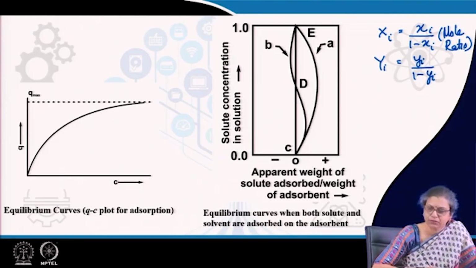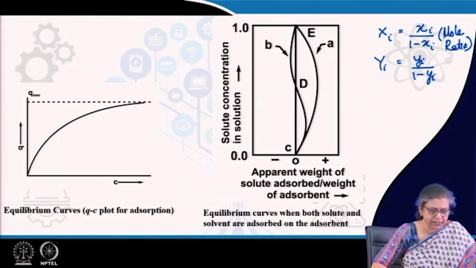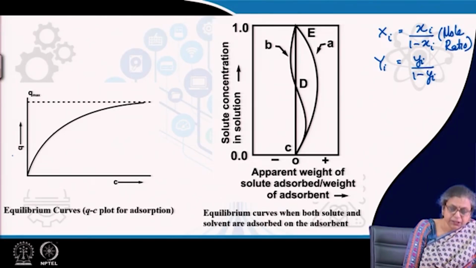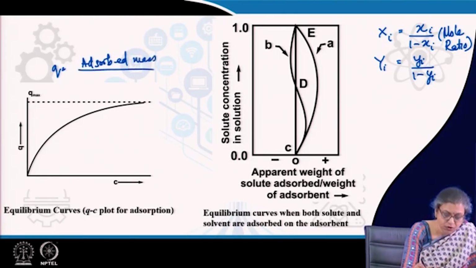Anyhow, now coming back to adsorption, very conventionally, as I have told you, when it is a gas solid case, we express the y axis in terms of q, where q is equal to the adsorbed mass or the mass which has been adsorbed divided by the mass of